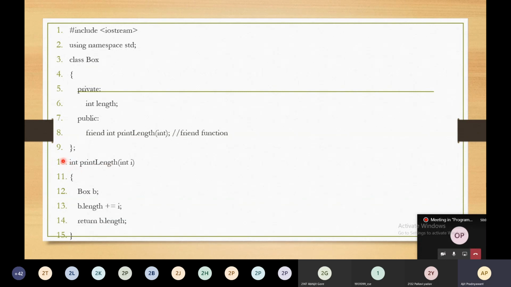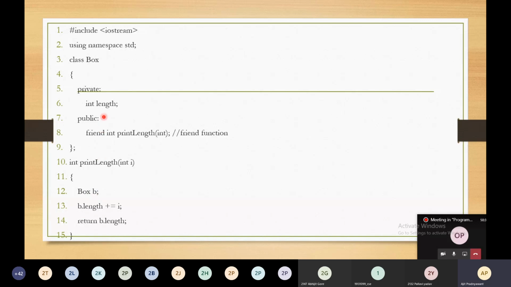Remember, we have not mentioned here any scope resolution operator, and we have not mentioned the name of the class also. Just mention the friend keyword, return type, and the name of the function. Here it is integer print length, and it will receive one integer variable, and inside this we have created one variable, box b, and then b dot length.